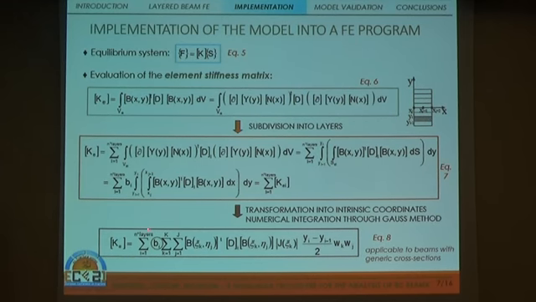And it can be observed that parameter Bi represents the average width of the beam in the considered layer. So the model can be applied to general cross-section geometries by simply modeling the boundary of the cross-section by means of straight line segments and assigning to each layer an average width.